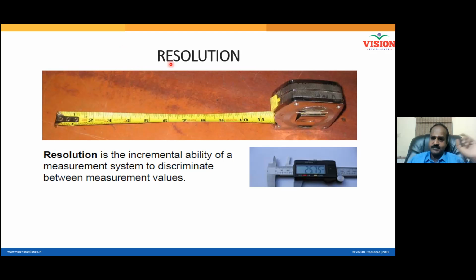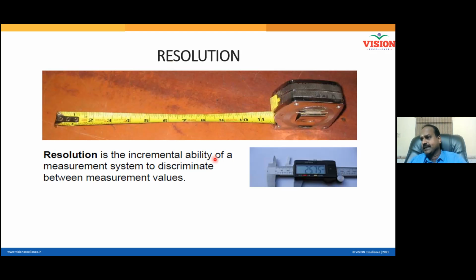So everybody has understood what resolution is. If the resolution is better, NDC will be higher. We are going to understand what NDC is in the next slide. If resolution is better, NDC will be higher, because there is a requirement: NDC should be minimum 5. So what is NDC and how to improve it? I'll straight away give you the solution. If you want to improve the NDC, resolution should be better. You go for equipment with a better resolution, your NDC will increase, right?